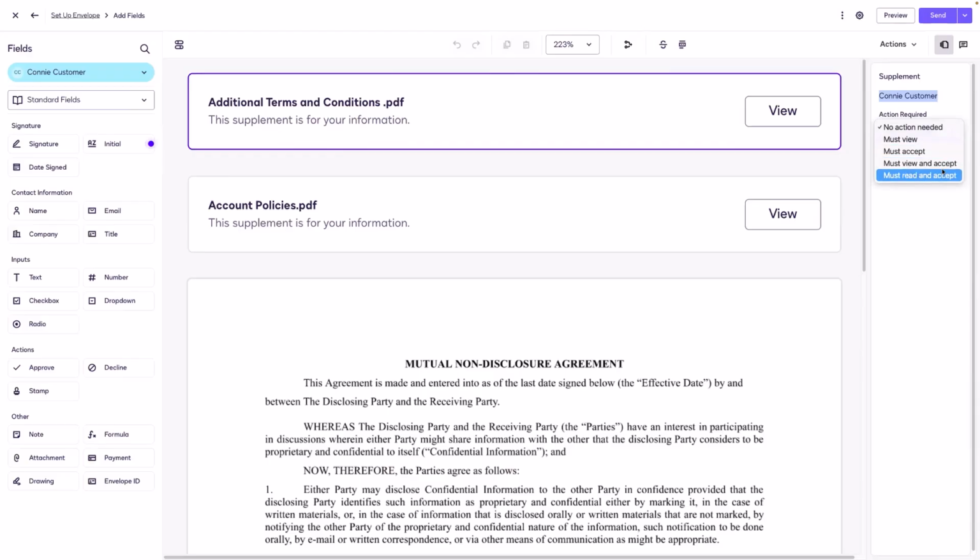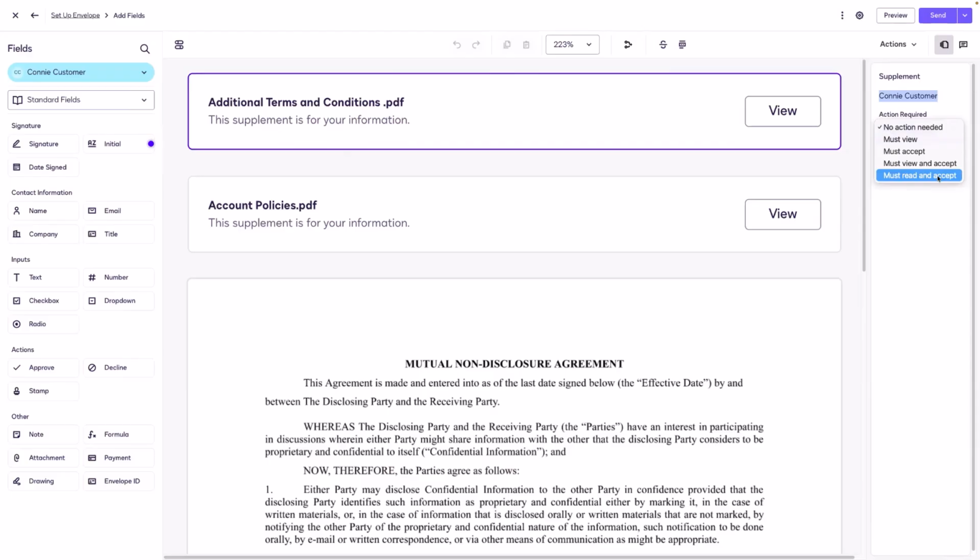Must view and accept. This means that the recipient must click view and click accept on the supplement. And then finally, must read and accept. This means the recipient must click view and then scroll through the supplement to read it and then click accept. So it goes from the least amount of required action to the most amount of required action.